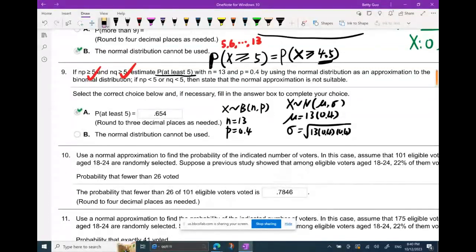Let's go to the calculator. When you go to calculator, second vars, distribution, normal CDF, your lower bound,